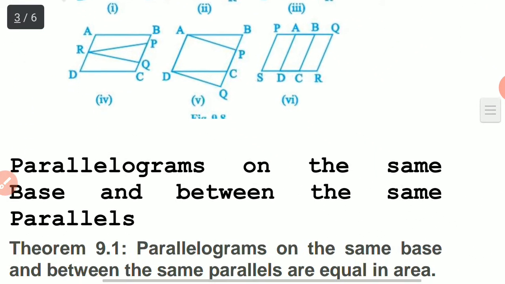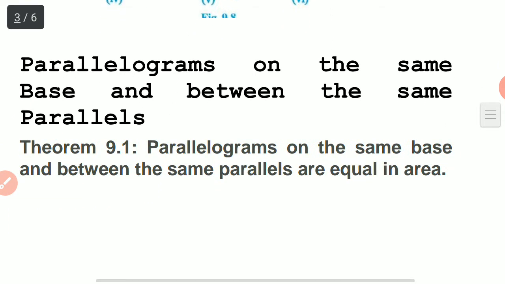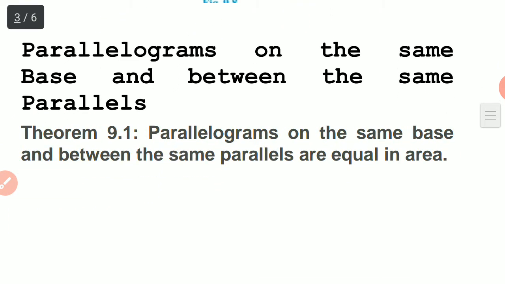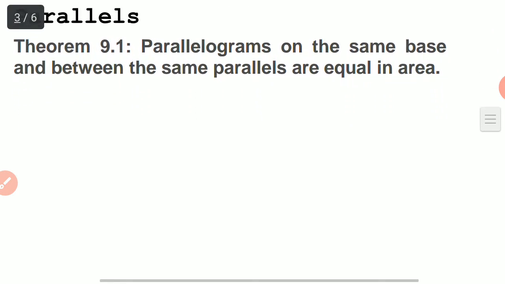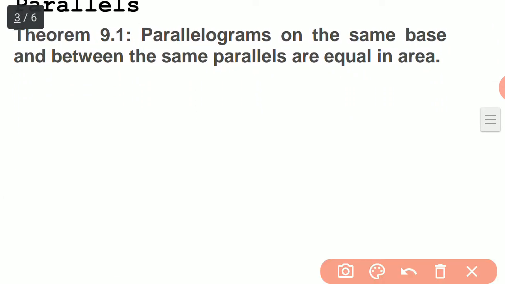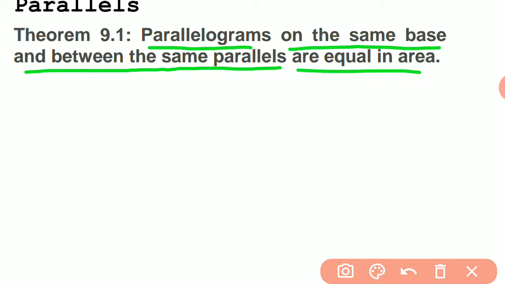Now next topic is parallelograms on the same base and between the same parallels. Theorem 9.1: Parallelograms on the same base and between the same parallels are equal in area. It means